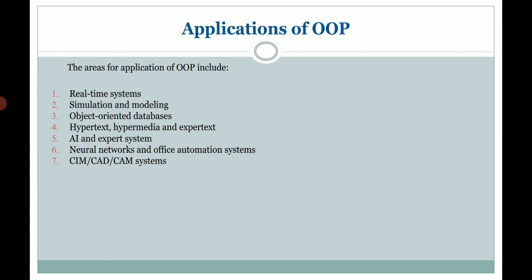At last, applications of object-oriented programming. Here, the areas of application of object-oriented programming include real-time systems, simulation and modeling, object-oriented databases, hypertext, hypermedia and expertext, artificial intelligence and expert systems, neural networks, office automation systems, CAD/CAM systems. These are some of the areas of applications of